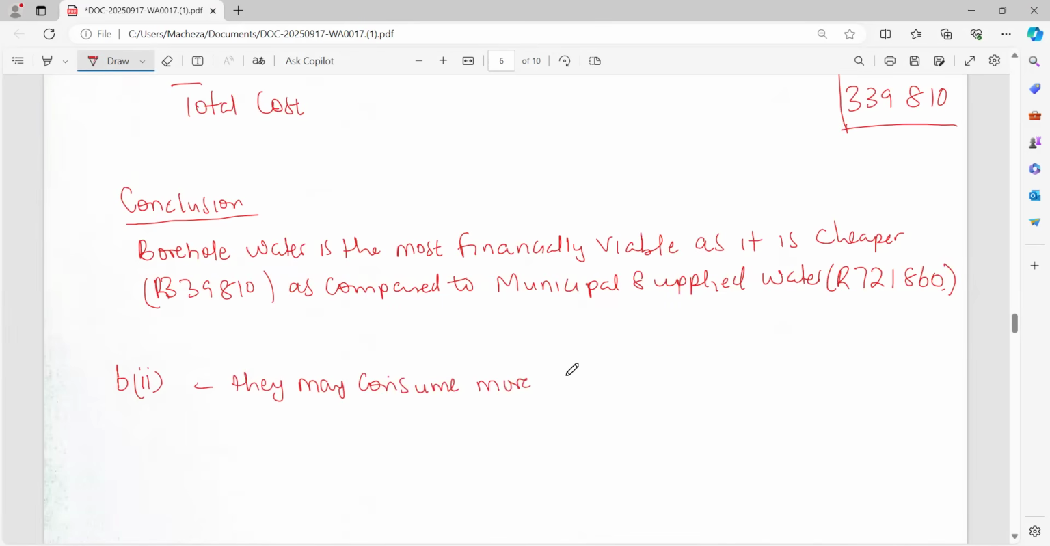They may consume more water than... remember, they use Morara for estimation. So which means they can consume more or even less. So that one will affect their estimation as well. Right. So let's look at